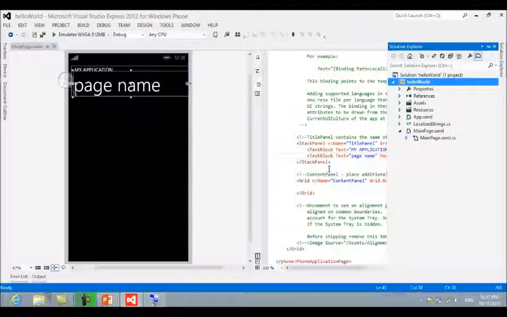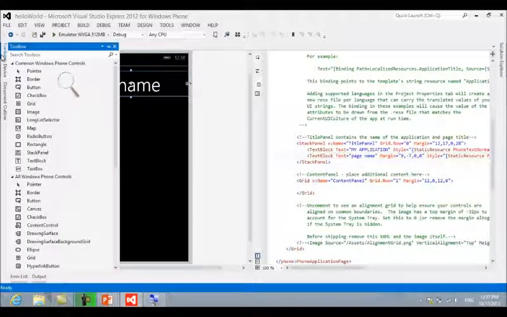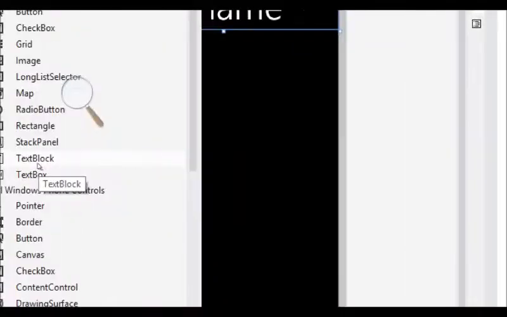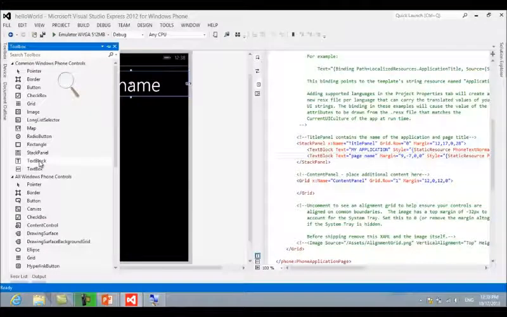Yeah, so as you can see, we are back to our Hello World project, and the basic thing which we want to do is print Hello World onto the screen. Here I'll be using two controls. One is the text block control, which is currently focused over here. And we'll be creating an event, so that whenever we trigger that event, the text in the text block should be changed.